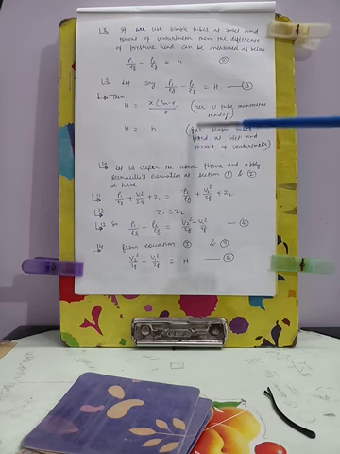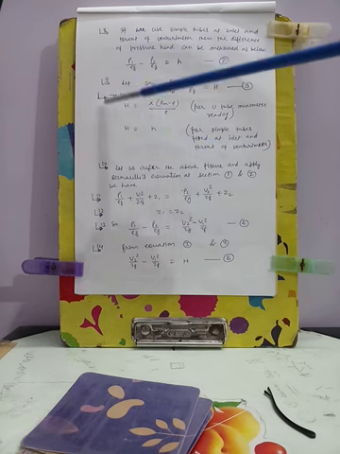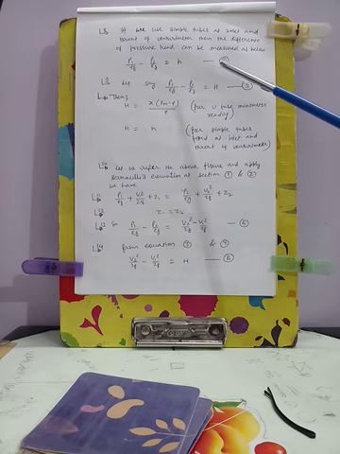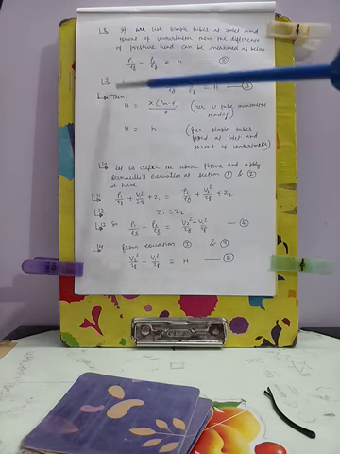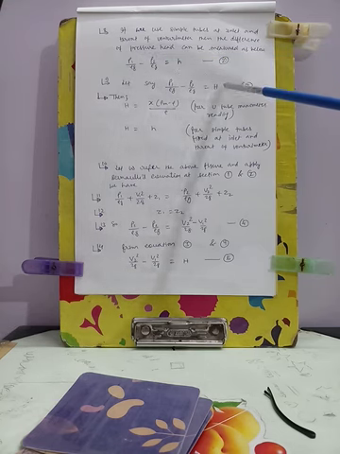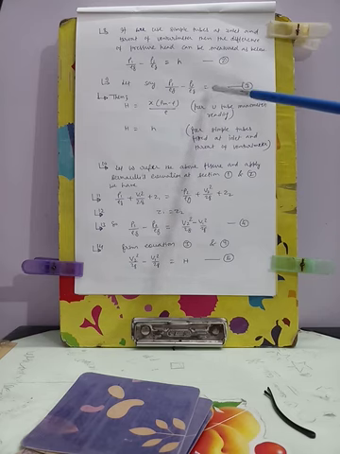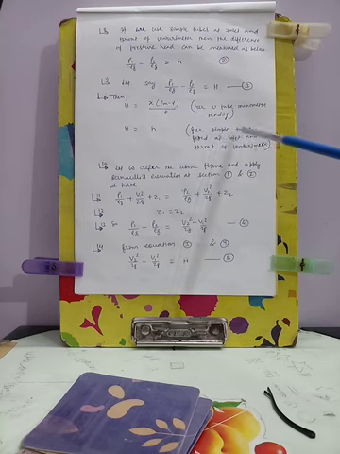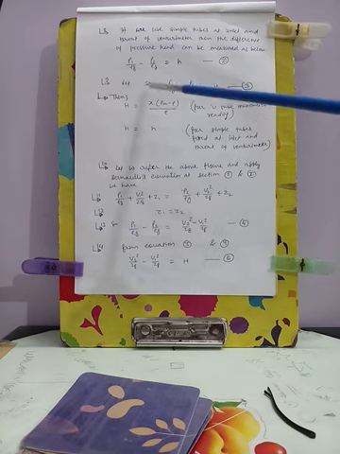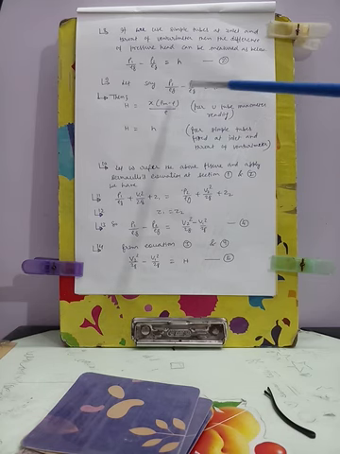This is the very important thing. This is the main culprit, the confusing thing in this venturimeter derivation. That is why I am separately clarifying it. The value of P1 by rho g minus P2 by rho g is equal to, suppose, capital H, and this H will be h for simple tubes fitted at inlet and throat, and this H will be X into (rho m minus rho) by rho if we are using a U-tube manometer to measure this pressure head difference at section 1 and 2.